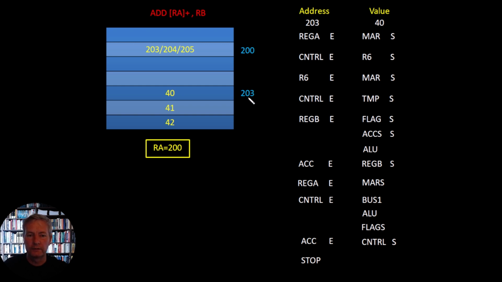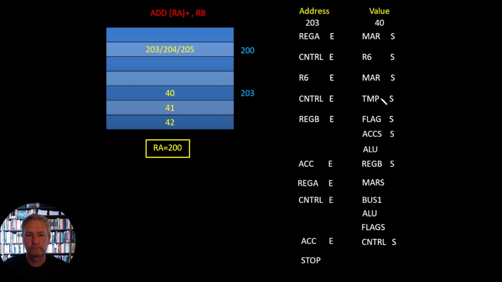Now what we want to do is take the contents of 203, which is the value 40, out and put it into the ALU for addition. So we say CNTRL enable, and that will put the value 40 onto the bus. And we'll set it in the TMP register. Remember, the TMP register sits just above the ALU. The ALU has two inputs, and above one of them is a temporary register. So we're saving this value 40 in this temporary register, and we're waiting for the next value to come along